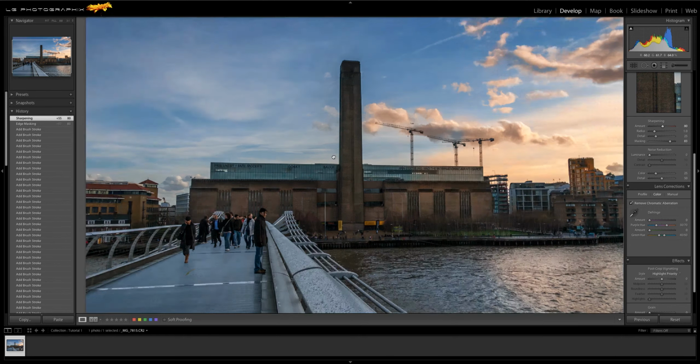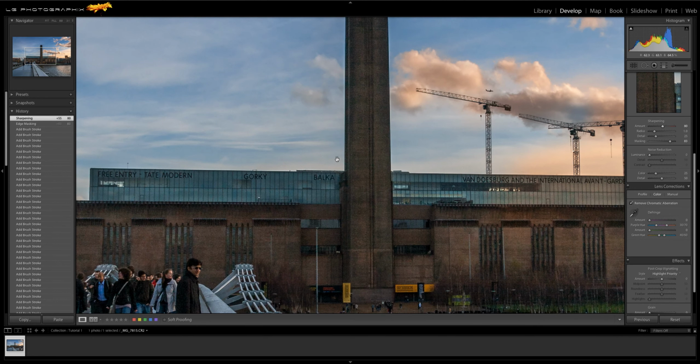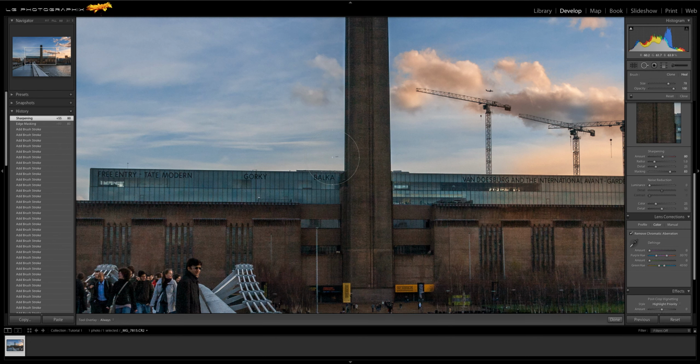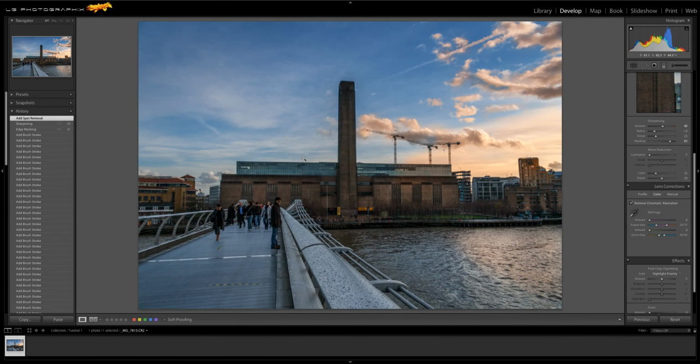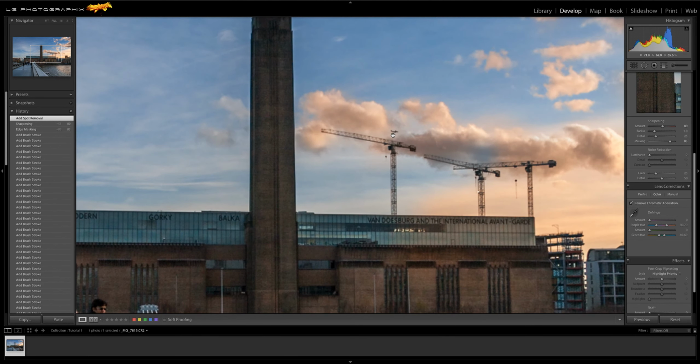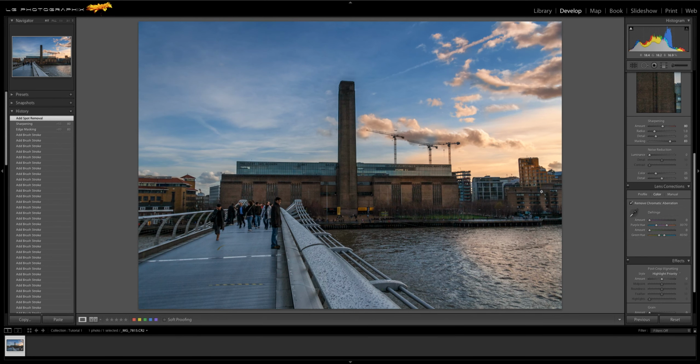Just noticed there's a little black, well, it's actually a plane just there in the background, but I want to get rid of that because it just looks like a speck or a dust spot. Get rid of that also with the spot removal tool. And there's also another one there, but I'll keep that one in, I think. Okay,